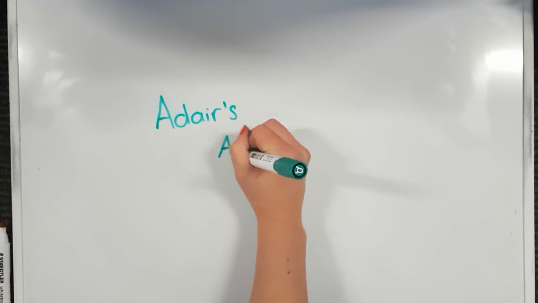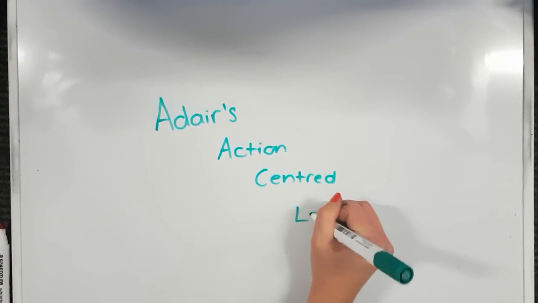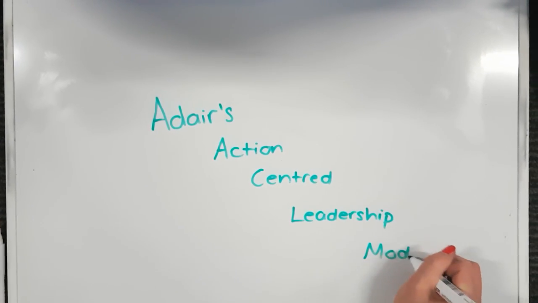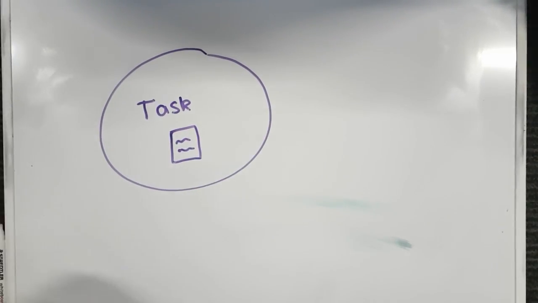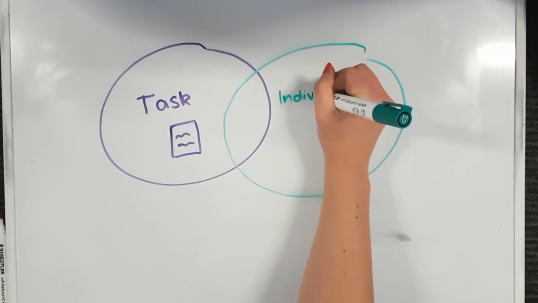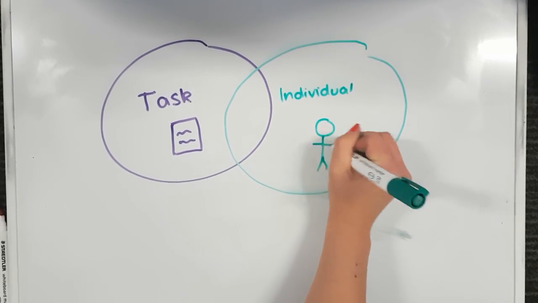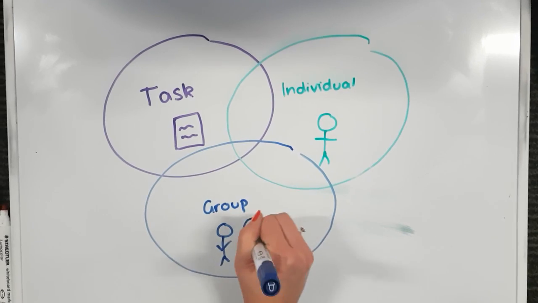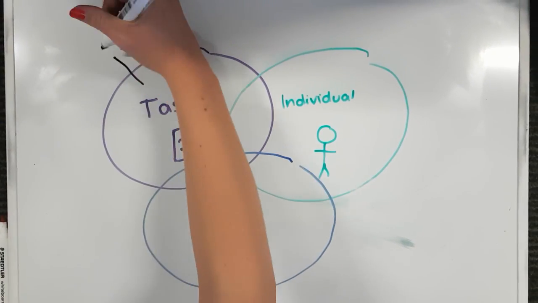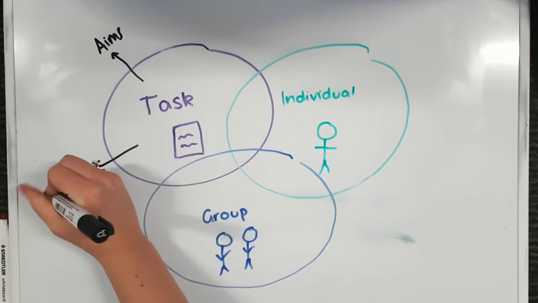Adair's action-centered leadership. Adair's is a simple system which focuses on 3 elements: the task, the group, and the individual. Adair's action-centered leadership builds on already existing theories, but simplifies these into 3 elements and includes a leadership and responsibility aspect. It is not a standalone procedure and must be accompanied by an overall management and leadership approach in order to extract the most benefit from the theory.